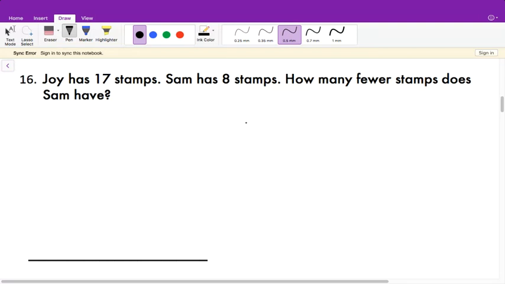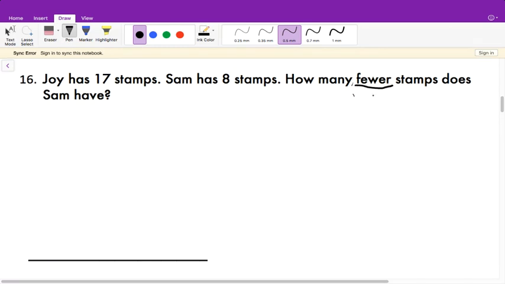I have 2 people who both have stamps. If it were a part whole, it would be asking me how many do these 2 people have all together. Let's check if that's the question. How many fewer stamps does Sam have? Okay, it's not asking me how many stamps they have all together. It's asking me how many fewer stamps does Sam have. So I remember that fewer is one of the key words for a compare problem,